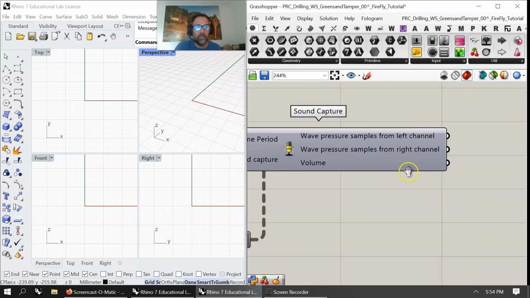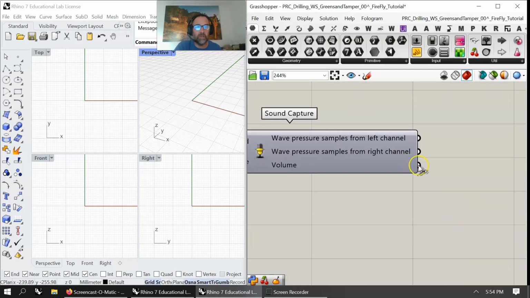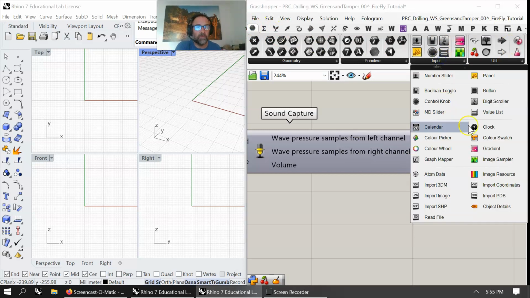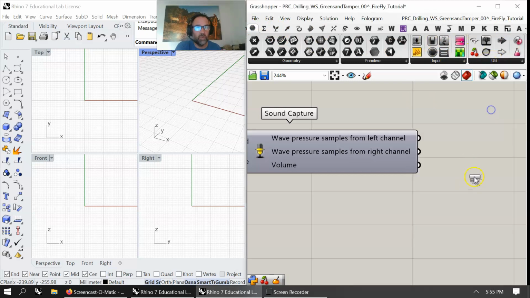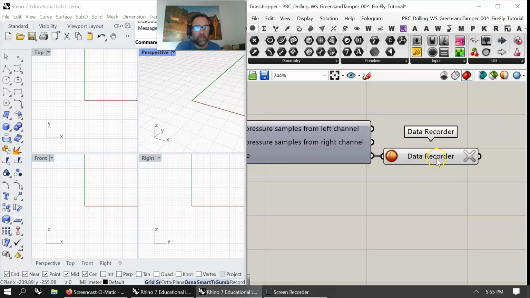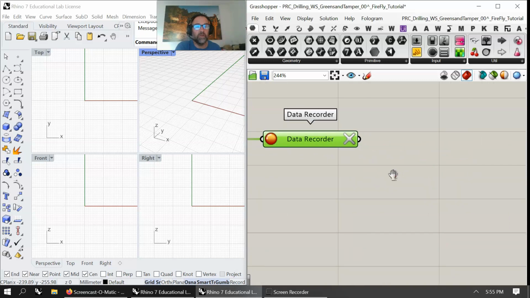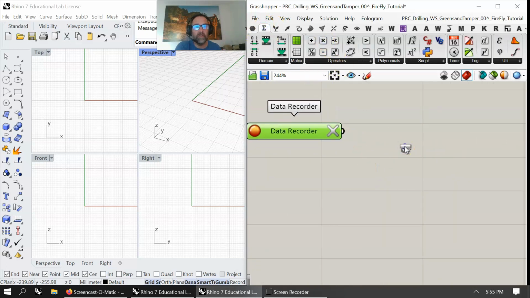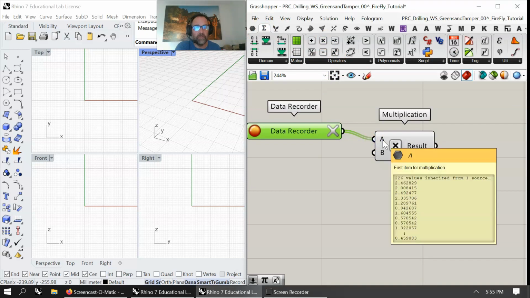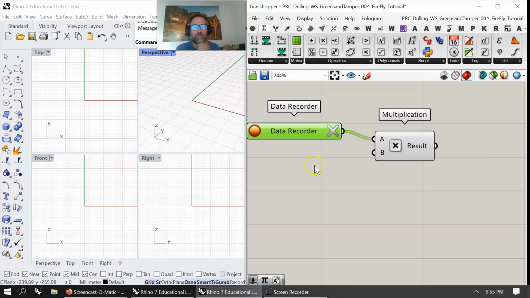And what happens is this is starting to give me data, and I'm going to use a data recorder to gather that. So I'll go once again back up into params and go to utility and data recorder, and I'll pull that in, and I should be having some interesting data coming out of here as a number, and in doing so I'm going to start filing this into something to amplify it. So I've got some numbers reading here, pretty nice, 226 values,